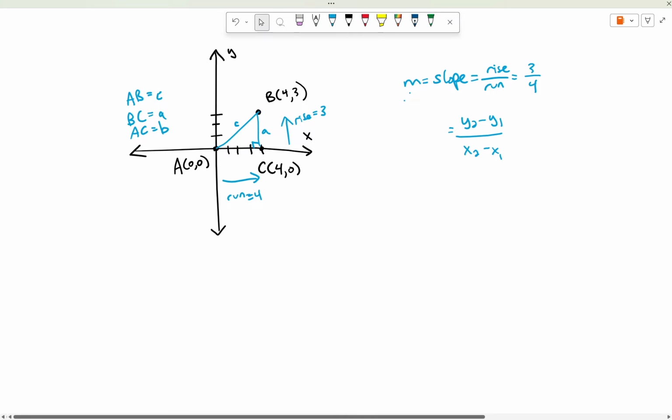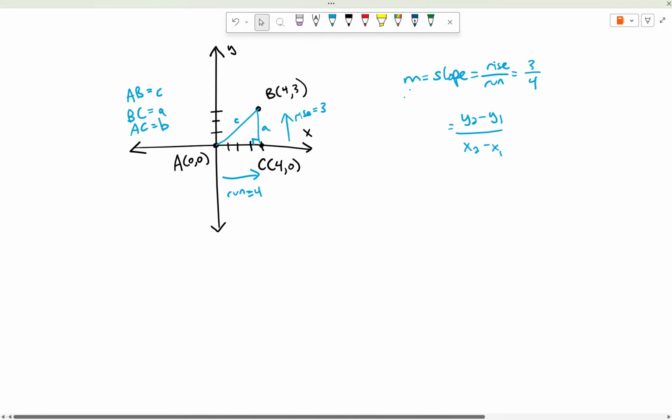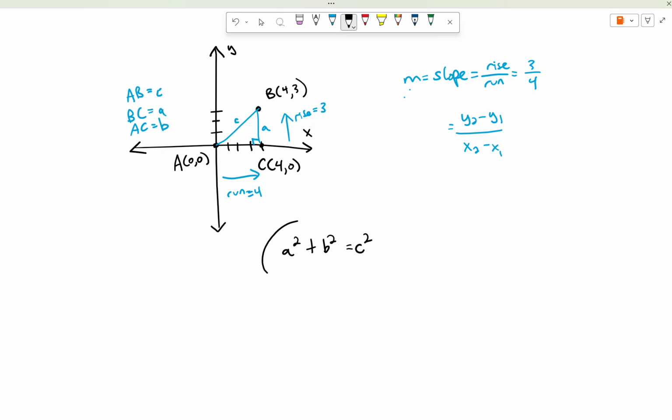Now, I want you guys to think about this. I have a right triangle, meaning that I can employ the Pythagorean theorem, which is a squared plus b squared is equal to c squared. This is something you probably have from prior knowledge from your pre-algebra class that you took probably around 7th grade. It's a middle school standard, okay? So a squared plus b squared is c squared, okay? Now, one of the things I want us to do is that we have a, and a is the rise, which is going to be 3 eventually. But remember, I have rise right here, which really is the 3, but also it's y sub 2,